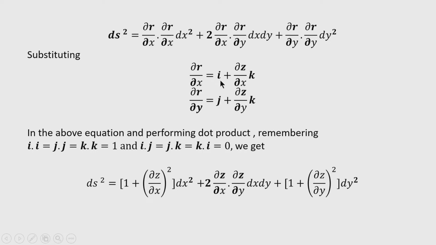Okay. So, here we have to use the property of the dot product, because I dot I equal to j dot j equal to k dot k equal to 1, because by definition of dot product or scalar product, suppose two vectors are considered for dot product, say A vector and B vector lying in a plane, and the angle between the vector A and B is say theta, then we get by definition of dot product that A dot B is equal to mod of A into mod of B into cosine of the angle between these two lines.